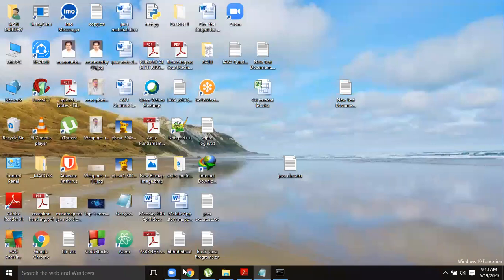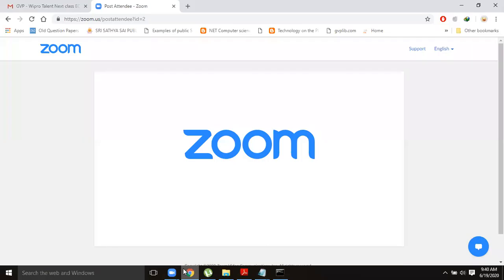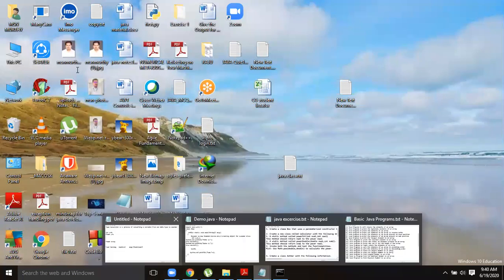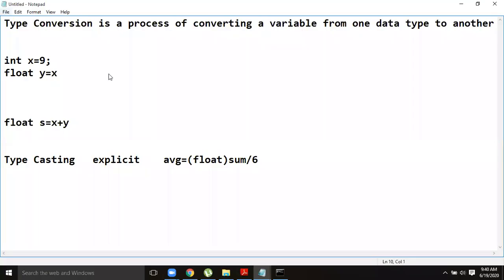And now I think you are all aware of the other concepts, control structures and arrays. What is the new control structure you have learned in Java? For each loop.